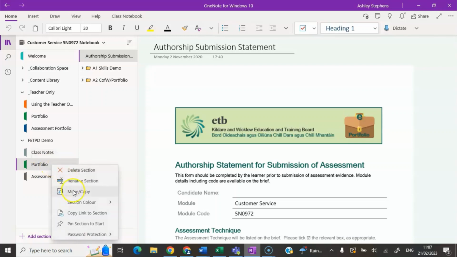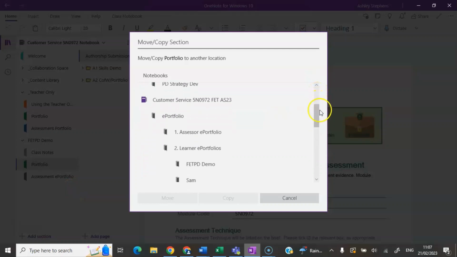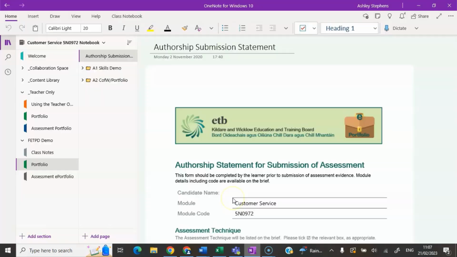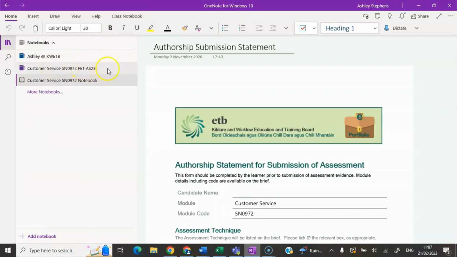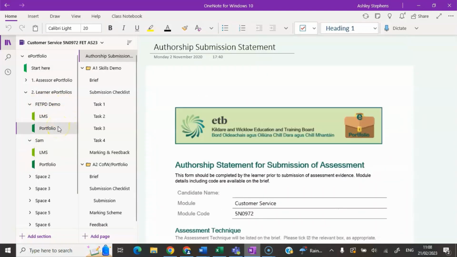Right click, move copy. This time I am looking for my assessment ePortfolio, which is here. There's my FET PD demo student. Click on it, copy. Okay, so when we click back across into the assessment ePortfolio, you'll see that FET PD demo now has their full portfolio over here. And just imagine that that's fully populated, marked, graded, feedback given, all ready to go. Okay,